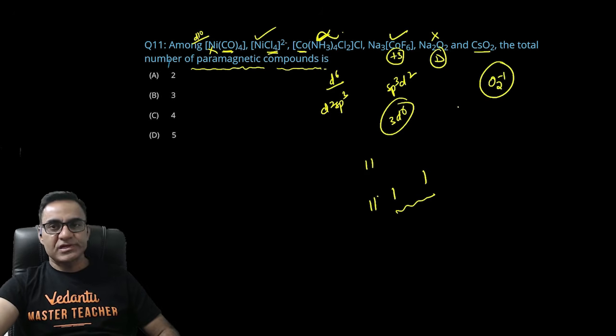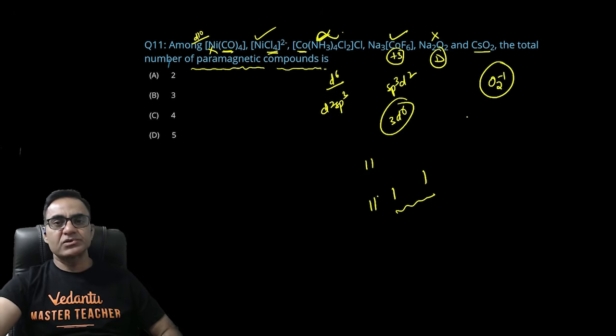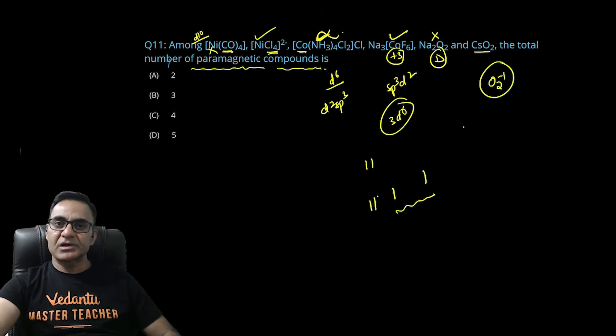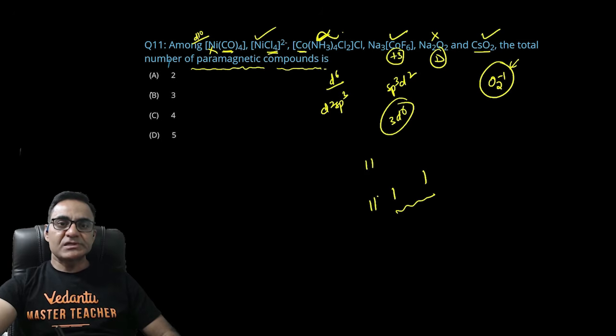CsO2 -1 है, सुपरऑक्साइड है, इसमें एक अनपेयर्ड इलेक्ट्रॉन एक्सिस्ट करेगा, क्योंकि जो ऑक्सीजन के अंदर आखिरी के 2 अनपेयर्ड इलेक्ट्रॉन कंटेनिंग एंटी बॉन्डिंग एमओ होते हैं, उसमें से एक इलेक्ट्रॉन लेकर के पेयरिंग हो जाएगी, तो स्टिल एक अनपेयर्ड इलेक्ट्रॉन यहाँ एक्सिस्ट करेगा। तो टोटल 3 ऐसे मॉलिक्यूल है जहां पे पैरामैग्नेटिज्म एक्सिस्ट करता है। ऑलराइट, सो योर आंसर इज बी।